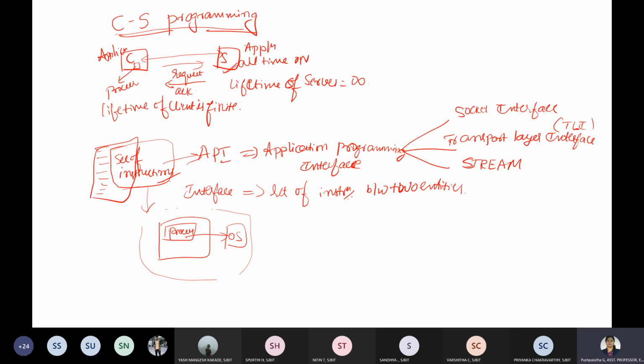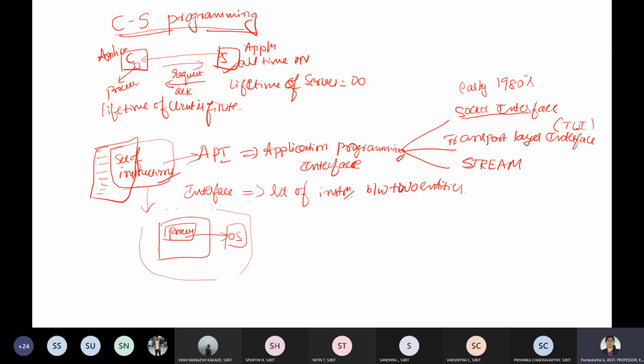Basically, the socket interface was designed somewhere around the early 1980s at Berkeley as a part of the Unix environment, and it is a set of instructions. Again, we know it is an API, right? So an API itself is nothing but what? A set of instructions that provide communication between the application layer and the operating system. So it is a set of instructions that can be used by a process to communicate with another process.